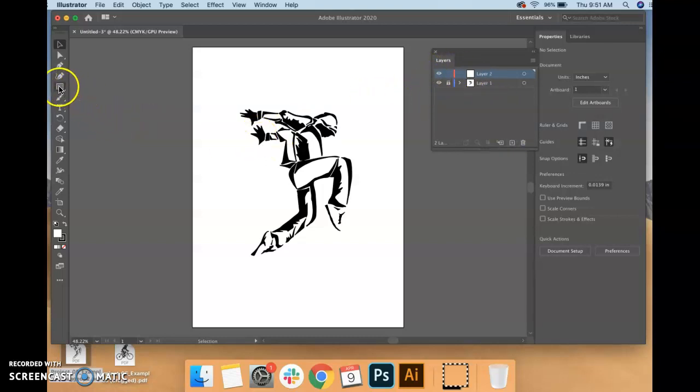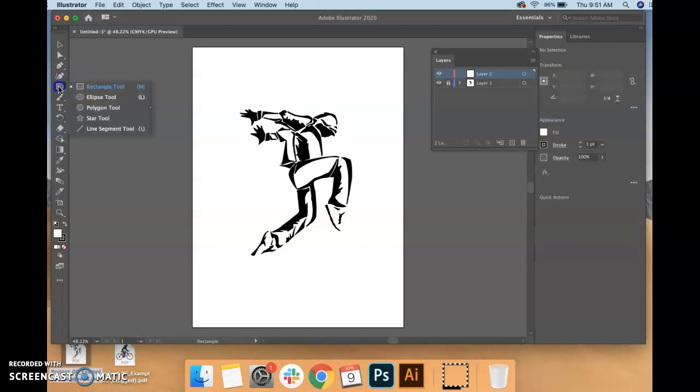I can go to my Shapes tool. And I'm going to choose the ellipse. So my Shapes tool, you should see it over here. It might be a rectangle, it might be a circle. In order to change it and get this drop-down menu, you have to hold down your click, like hold down on the mouse, and it'll drop down like that, and you can just go out to the side and change tools that way. So I'm going to do the ellipse tool,